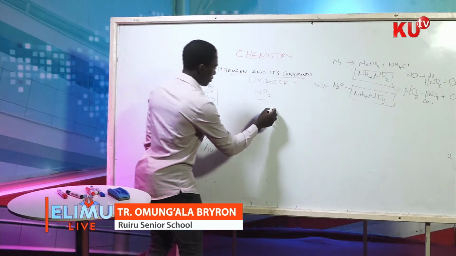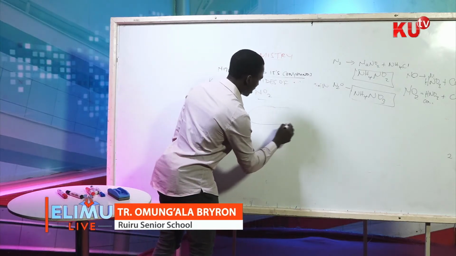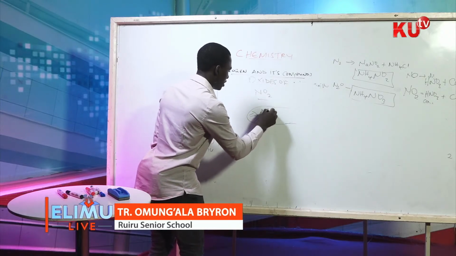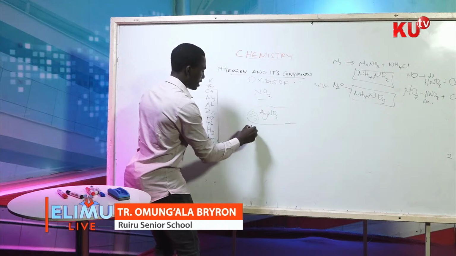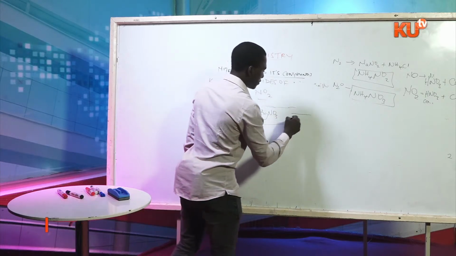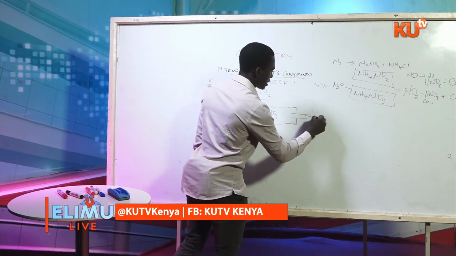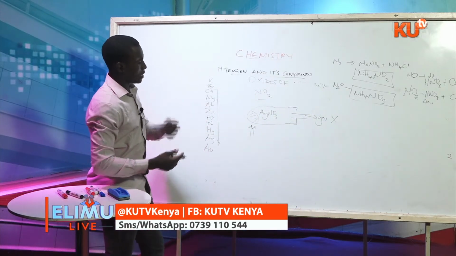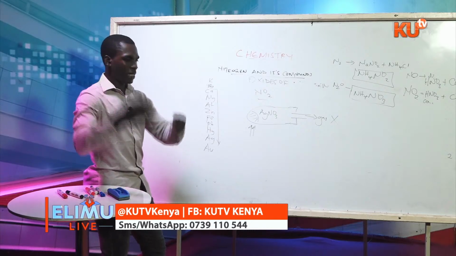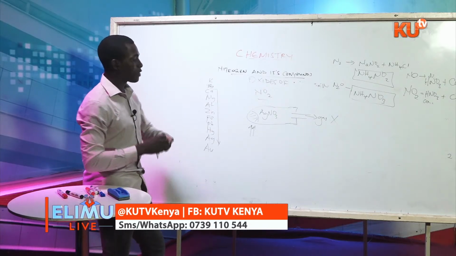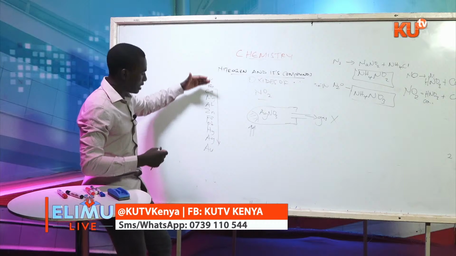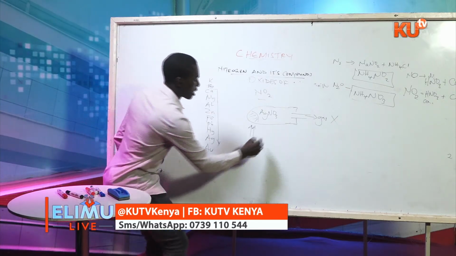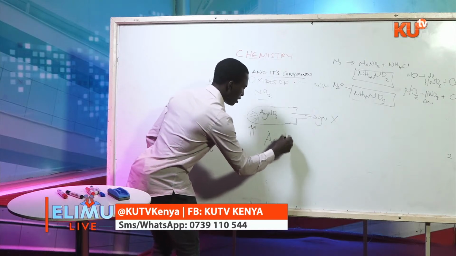I shall just give us one example. You will find that in examination situation, you have been given here a combustion tube, and at this point, we have silver nitrate. This one is silver nitrate. It's being heated. So they'll ask you also to identify the gas being produced here. We have gas X being produced here. Now, like I said, nitrogen 4 oxide gas can also be obtained by thermal decomposition of nitrates of elements that are below sodium in the reactivity series. Now, we have silver nitrate. So when silver nitrate undergoes thermal decomposition,